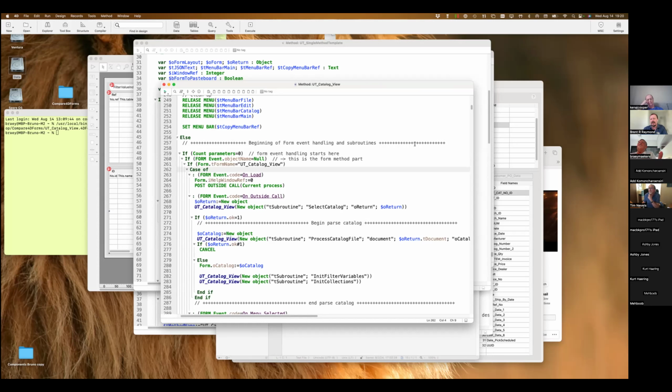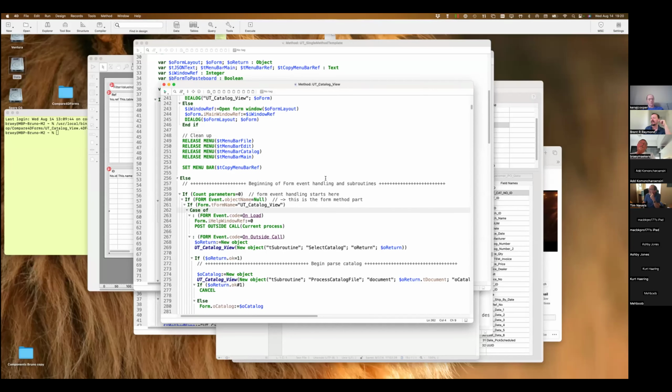That is the beauty of the whole form event that we have now, that we never had prior to it existing. It really holds all the information that you needed. And I still remember a couple of years ago when I was using list boxes, it was not always easy to find out whether the event was triggered by the list box itself or a list box column. Now that is completely not an issue anymore, because you actually have the list box column name in your form event. So it makes everything so much more...